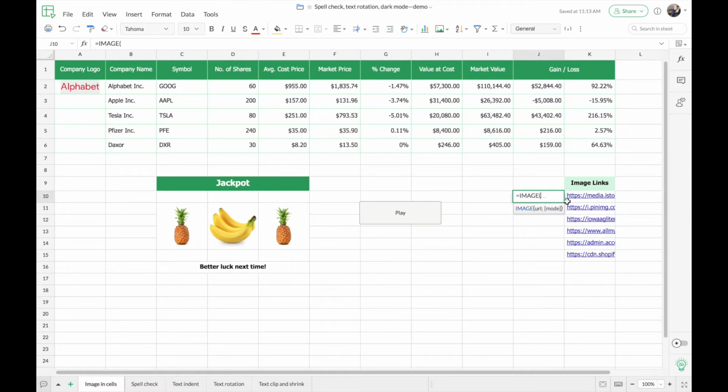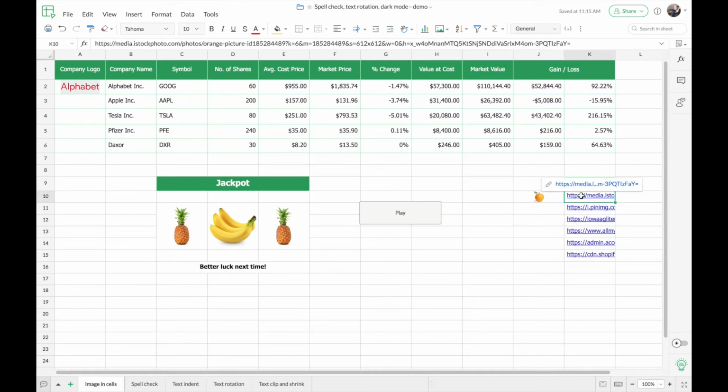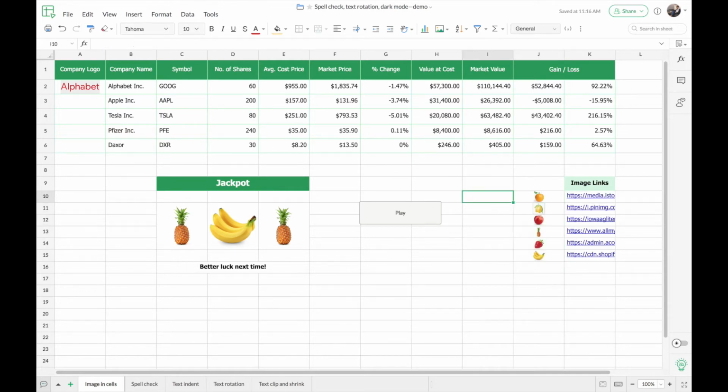So now for the URL, I'm going to give this particular cell as the source, and I'm leaving the mode parameter blank, so the default scaling will be taken up. Whenever the source link in this particular cell changes, this image will automatically get updated. Now, just like any other function, you can simply use fill series in order to fill the rest of the cells. As you can notice, this also saves you a lot of time. Instead of manually inserting each image, you can also use the image function in order to insert them in a quicker manner if you have the source URLs at hand.